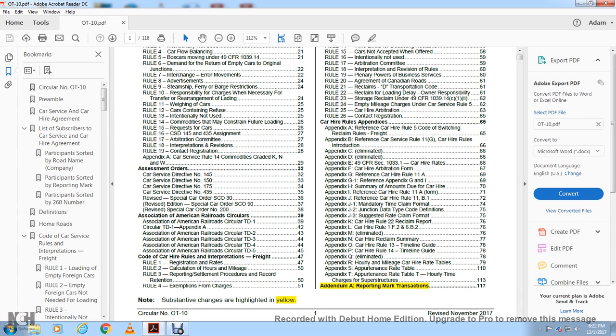Appendix M, eliminated. Appendix N, car hire reclaim summary. Appendix O, car hire rule 13 timeline guideline. Appendix P, car hire rule 14 timeline guideline. Appendix Q, eliminated. Appendix R, hourly mileage car hire rate tables. Appendix S, per diem rate table. Appendix T, per diem rate table, hourly time charges and superstructures. Appendix U, reporting marks